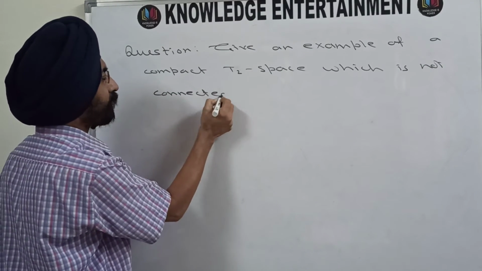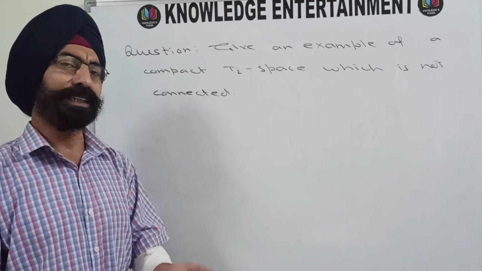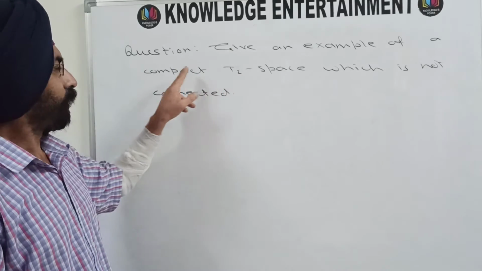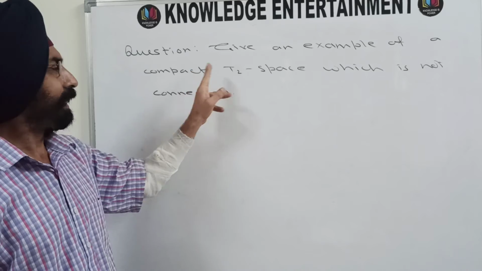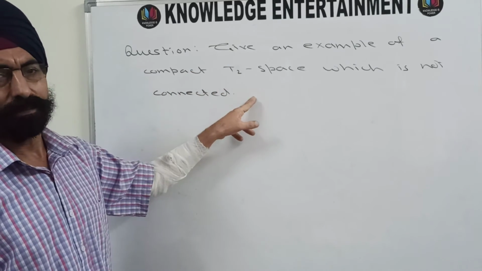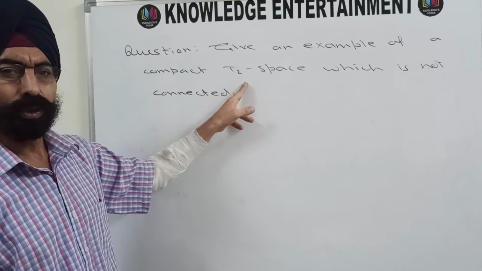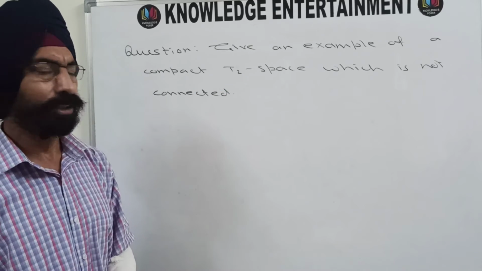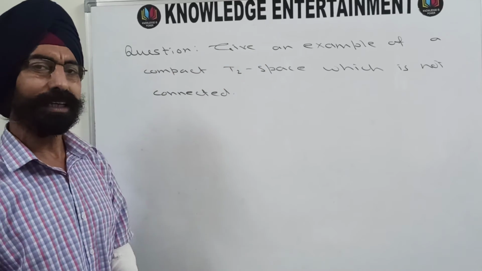So in this question, I have considered the three concepts: separation axioms, compactness and connectedness. They are not related to each other. If a space is compact as well as T2, it need not be connected. It may be disconnected. So we have to give an example of a compact T2 space which is not connected,